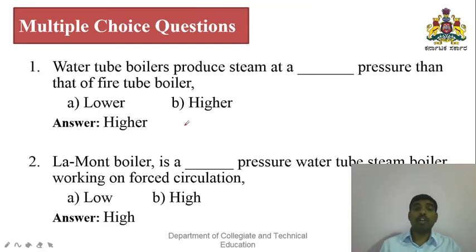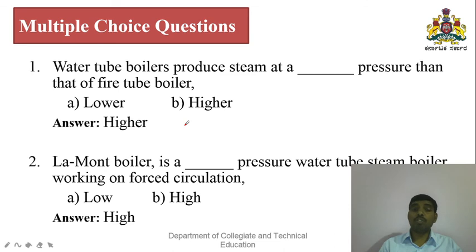So students, in today's session I have explained the high pressure boilers. In that we have the Lomond boiler and then the Benson boiler. You have already been shown some videos, so you have a clear picture of how these boilers are used nowadays in power production in power plants. Let us take a glance. I have prepared some sample multiple choice questions for your reference. Let's take the first question.